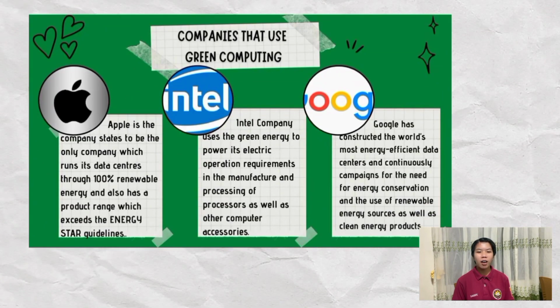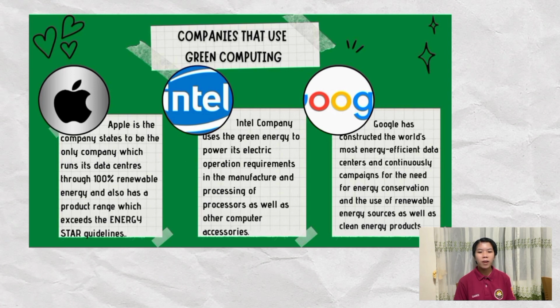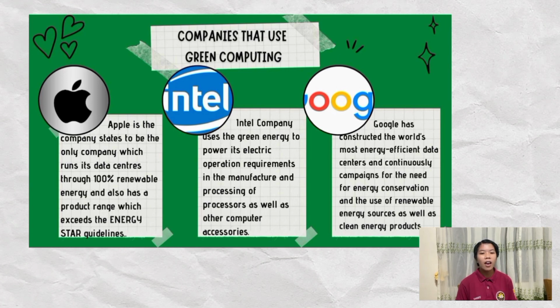The next one is Apple. Apple claims to be the only business that uses completely renewable energy to power its data centers and that its product line surpasses Energy Star recommendations. The next one is Intel. The Intel Corporation employs renewable energy to meet its electric power needs for processing and manufacturing chips and other computer accessories. Next is Google. Google has built the most energy-efficient data centers in the world and consistently promotes the necessity